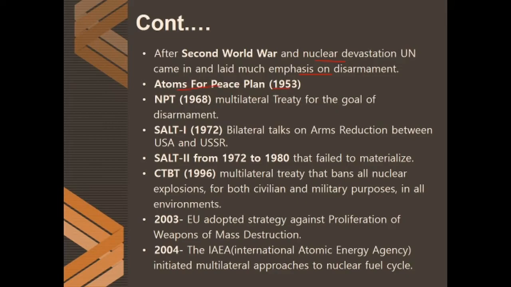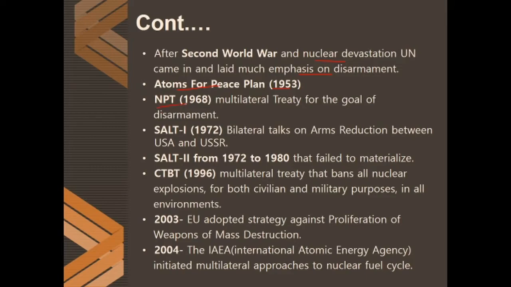What was the Atoms for Peace plan? It was a speech delivered by US President Eisenhower. The idea came from that, and the US launched this program, supplying equipment and information to schools, hospitals and research institutions within the US and throughout the world. Three nuclear reactors were formed in Iran, Israel and Pakistan. The basic idea was to give nuclear technology to those states so they can utilize its energy for peaceful purposes, for energy creation.